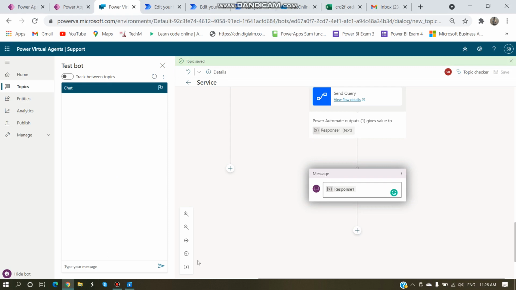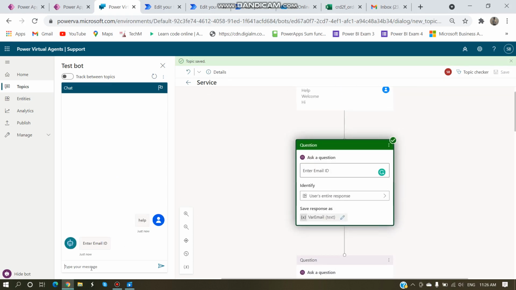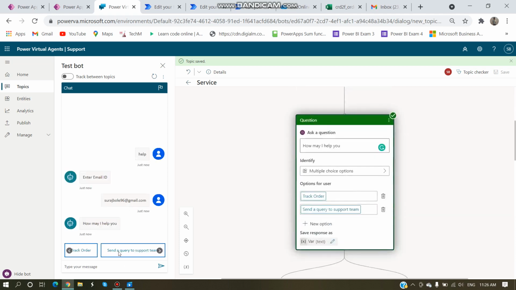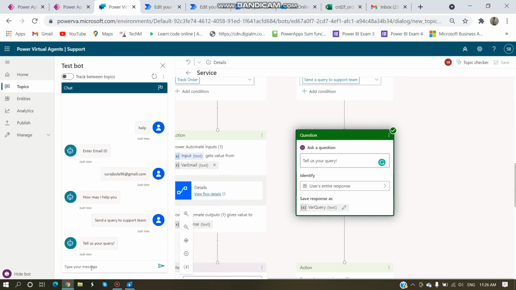Fine. So when we say help, it asks us to enter our email ID and send a query to the support team. Tell us your query: my product is broken. Okay,